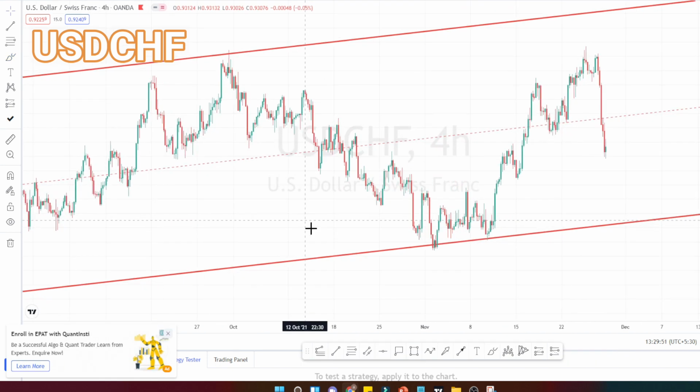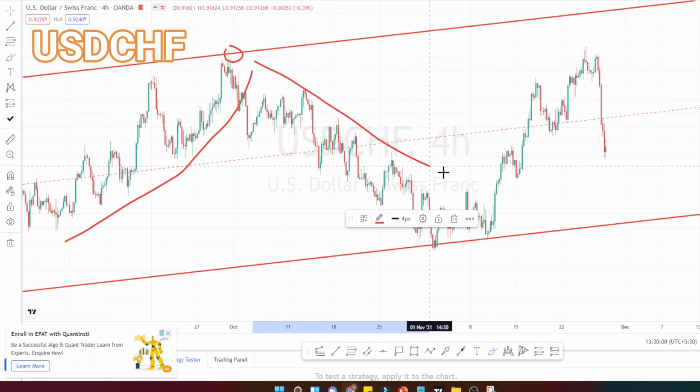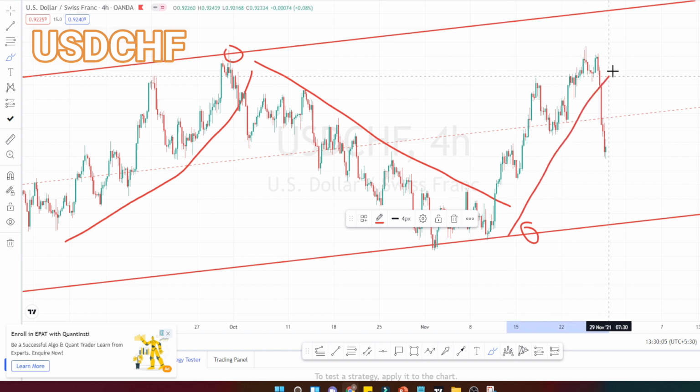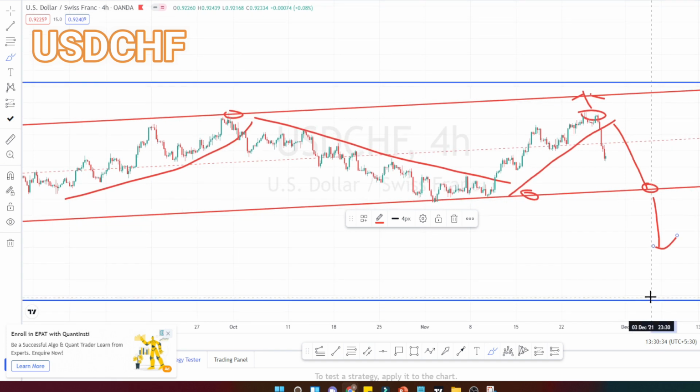So in 4 hours time frame also, we can clearly notice that previously it was on an uptrend and tested this topmost resistance, and it was on a downtrend and tested this bottommost support. Again, when it retraced, it didn't have enough bullishness to go up and test this resistance level also. Currently it has fallen. It is in a process of testing this bottommost support level. So if it doesn't manage to take support over here, we can expect a further fall in this currency pair, which means a trend reversal, and it can go and test this bottommost support level, which is around